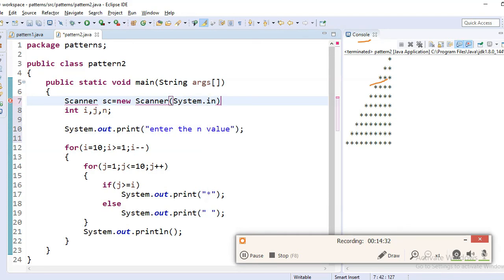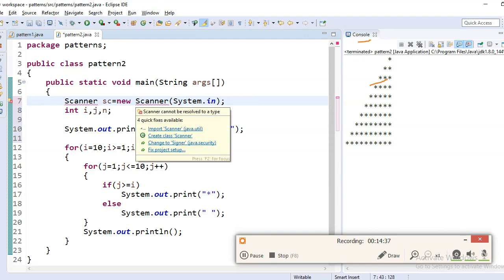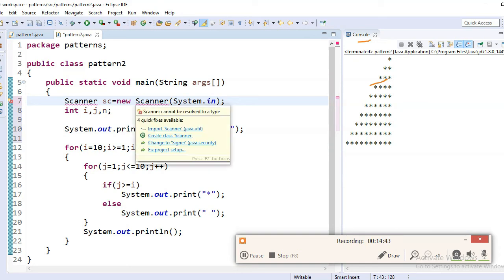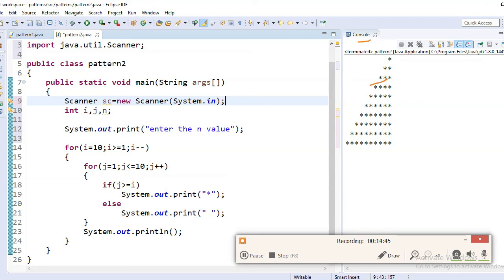This method is available in the package, import java.util.Scanner. So this is the reference variable. You can give not only sc here, you can give any reference variable, like number or scanner, any variable you can give.